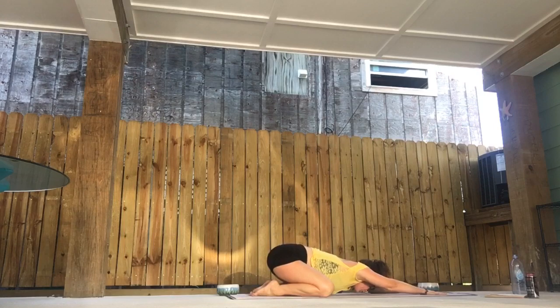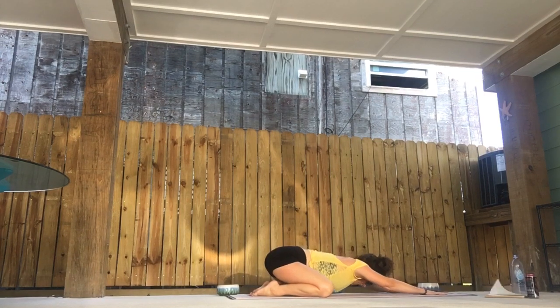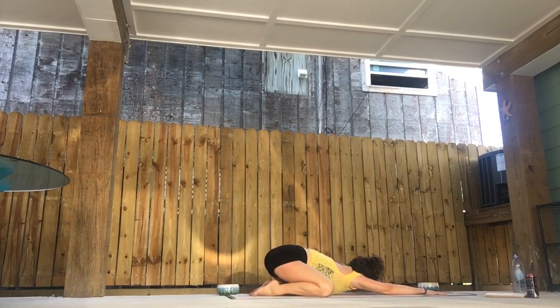This is where you can release your chest. Release your navel to the ground. Pressing those shoulders to the ground. Deep inhale. And exhale. Good. One more full breath here, as long as that feels good. Very nice. When you're ready,